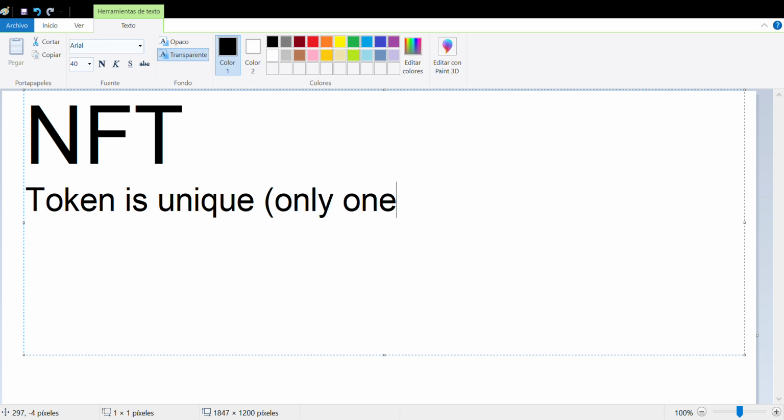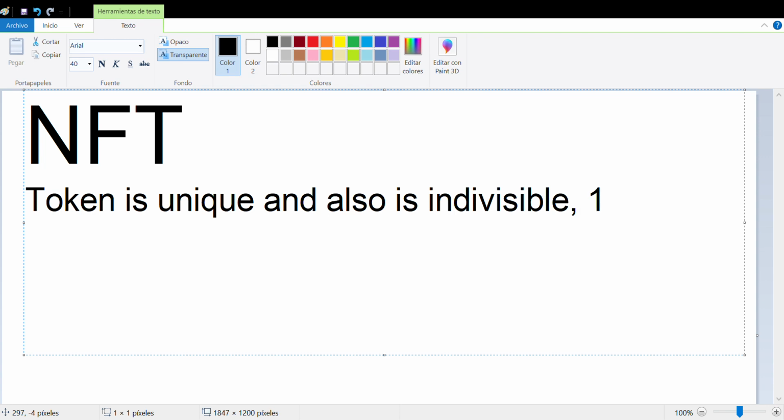The token is unique and also indivisible. Like there is just one. So let's explain that.